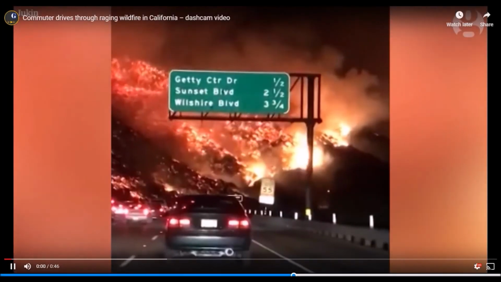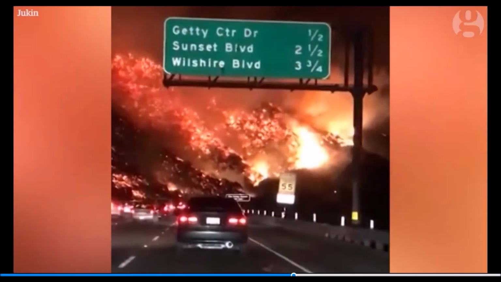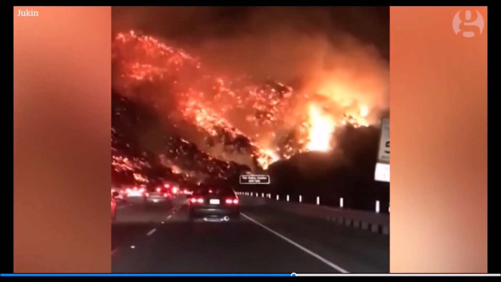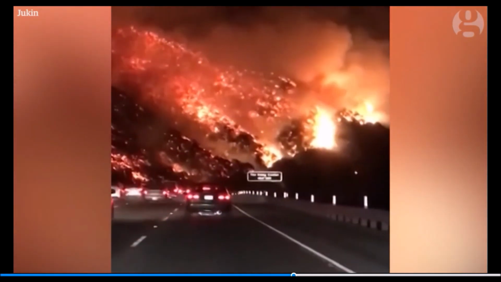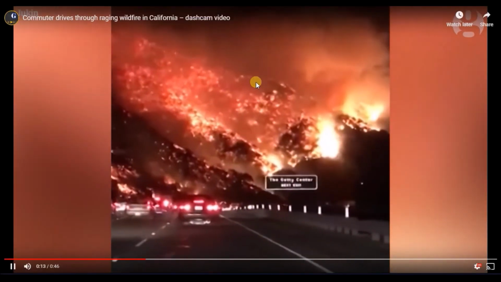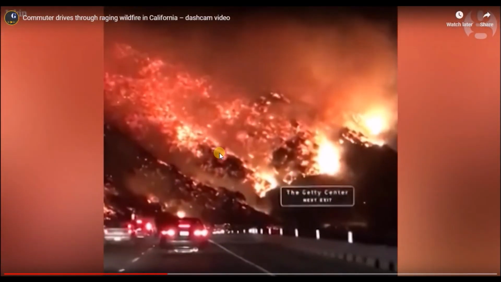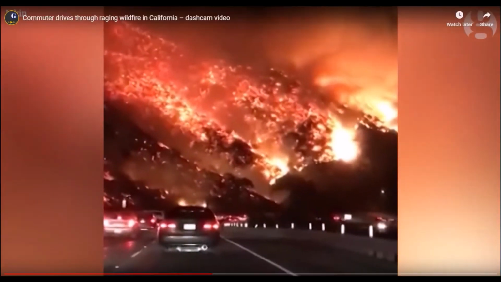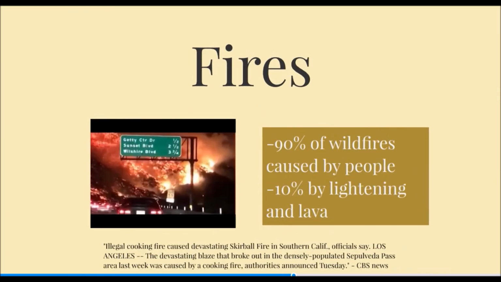Now, this footage is from one of the California fires. Not that California is totally always on fire, but you can look at how terrifying this is as people are trying to flee and get out of this area for their mandatory evacuation and just kind of survive it. But these fires, if they're really hot, can burn down everything.